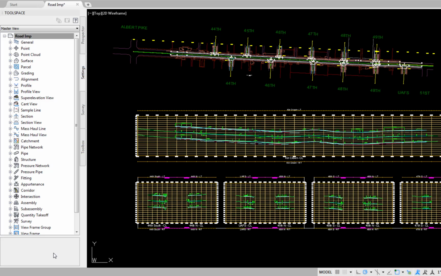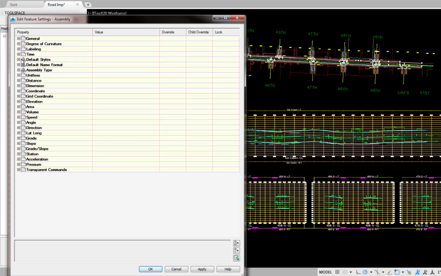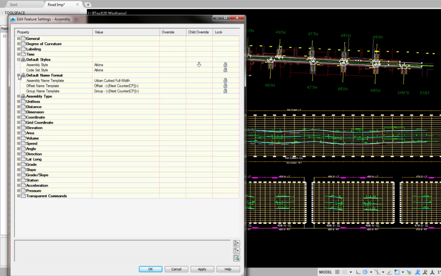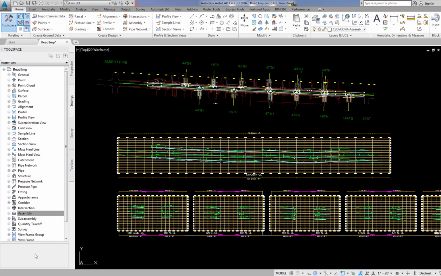Set the assembly defaults. Toolspace settings, right-click assembly, edit feature settings, default styles, assembly style Atkins, code set style Atkins, default name format, urban curved full width, expand assembly type, undivided crown road. OK. Load the Civil Imperial Sub-Assemblies Tools palette, Home ribbon, Palettes panel, Tool palette icon, the lower